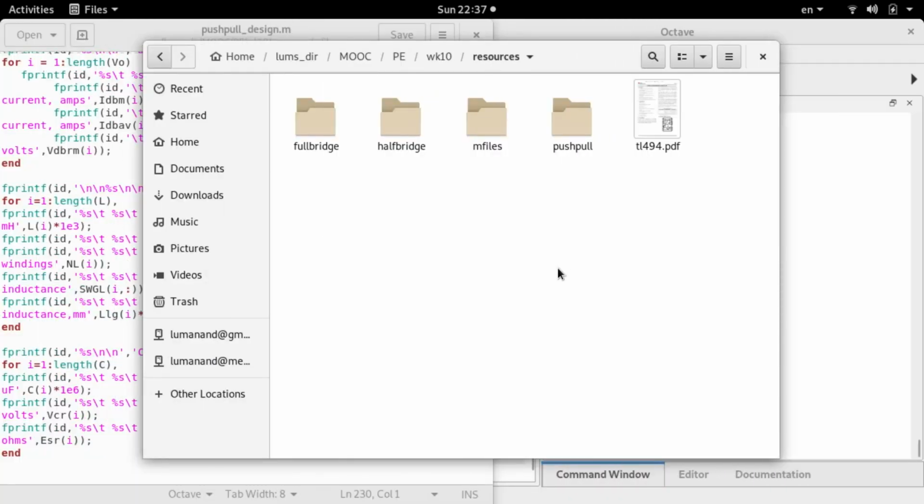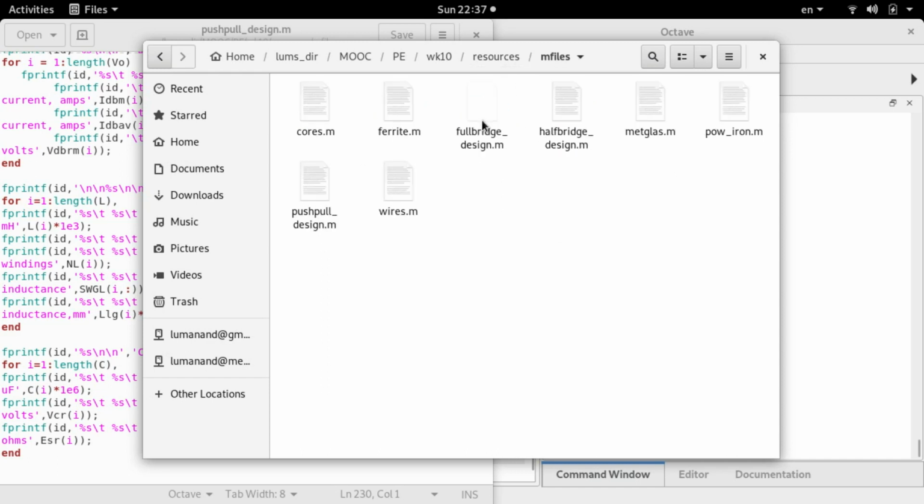Let us now look at some M files for designing the push-pull converter, the half-bridge converter, and the full-bridge converter. I have in the resources section a folder called M files. Within that, like for the forward converter, we had some common M files, that is the cores, the ferrite cores, the metglas core, powdered iron core, and there is another M file on wires and wire gauges.